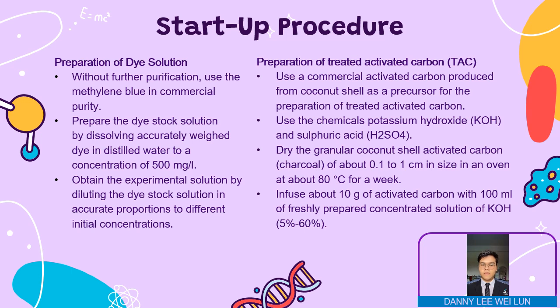Next is the preparation of treated activated carbon, or TAC. We use commercial activated carbon produced from coconut shell as a precursor for the preparation of TAC. Use the chemicals potassium hydroxide and sulfuric acid. Dry the granular coconut shell activated carbon, about 0.1 to 1 cm in size, in an oven at about 80 degrees Celsius for a week. Infuse about 10 grams of activated carbon with 100 milliliters of freshly prepared concentrated solution of KOH of about 5%